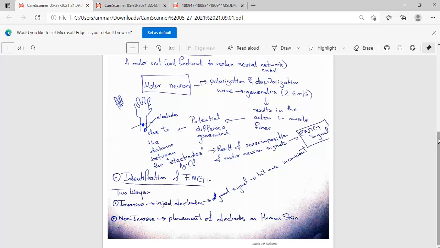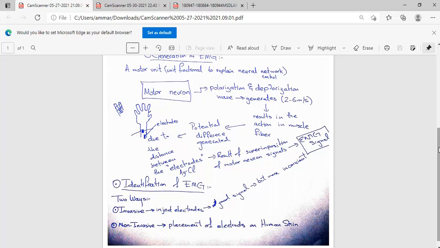A non-invasive one is more convenient, and you can easily see through the figure how the two electrodes differ. You will be using different patches, and a silver chloride electrode is usually used for sensing the signal. So this is the main thing, how an EMG signal is generated.